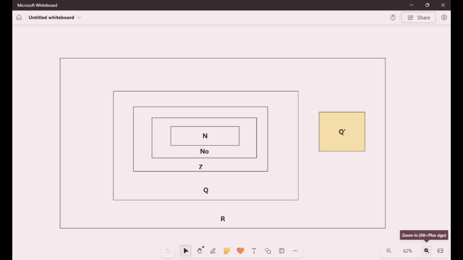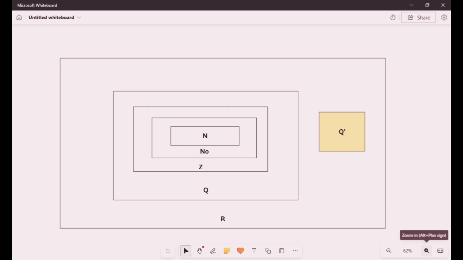So our integers also can be whole numbers, they can be natural numbers, but not all natural numbers and whole numbers are integers. For example, our integers have negative whole numbers, but for our whole numbers, we say we start from 0. And then from our integers, we have our rational numbers. The rational numbers, these are numbers that we can represent as